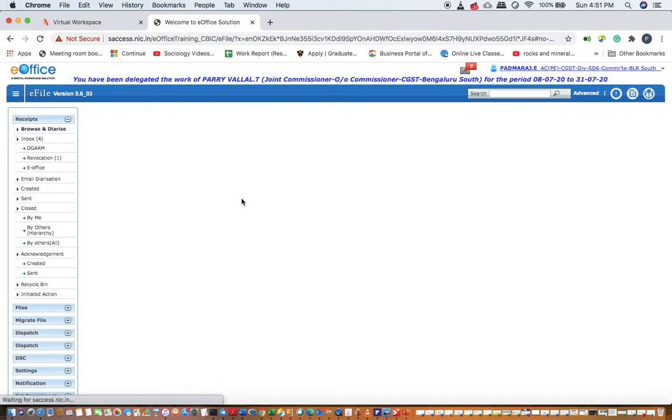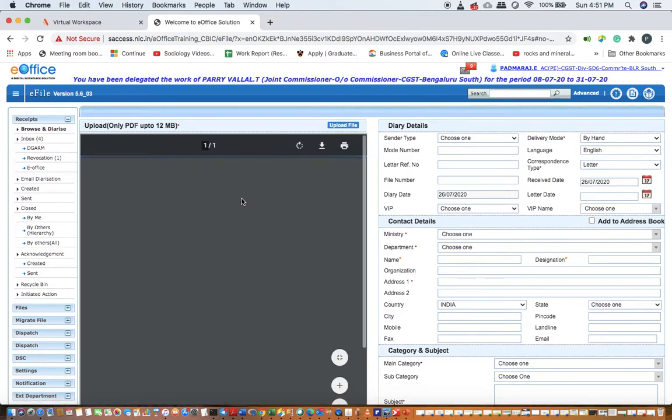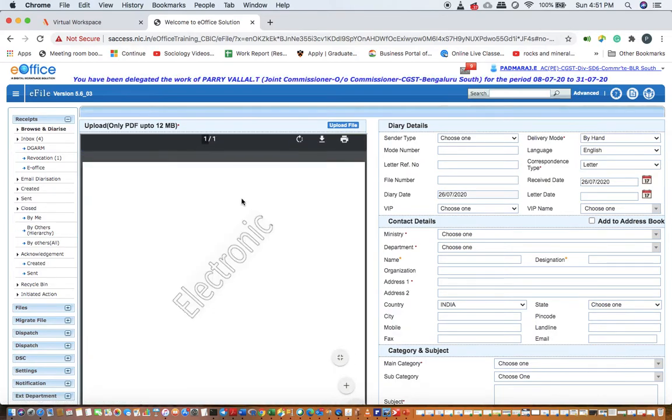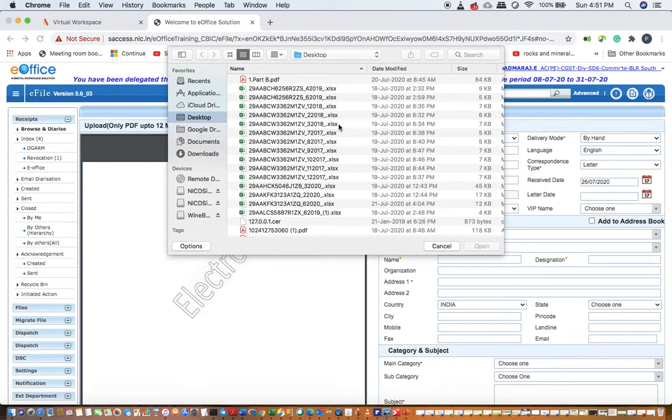So you will have to click on browse and diarize. Now these two letters that have come, he wants to send them together to ACSD6 rather than sending them as two different processes. Both the letters, he has scanned and kept on his desktop. So he will have to diarize these two letters one by one. First letter, maybe it is